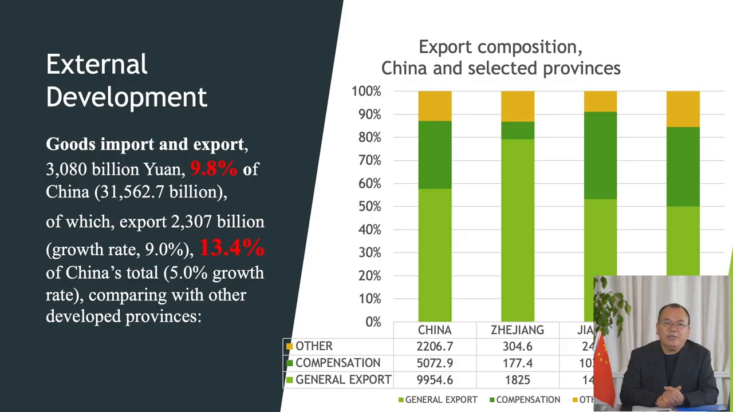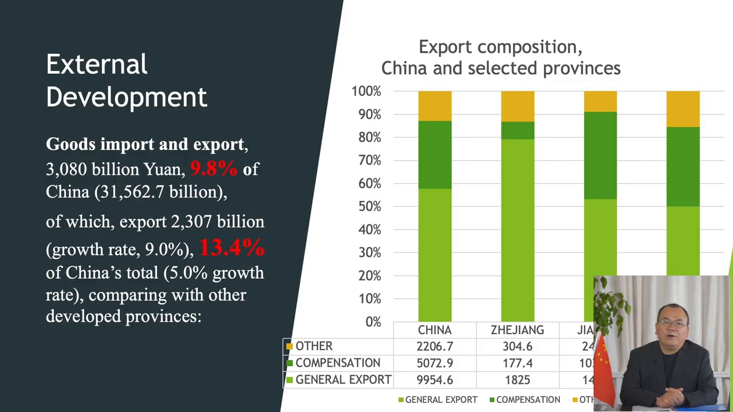It is 13.4% of China's total export. And the growth rate of export, Zhejiang is 9%, while China is only 5%. From the figure, we can also read other very important aspects of Zhejiang's export. You can see for Zhejiang province,